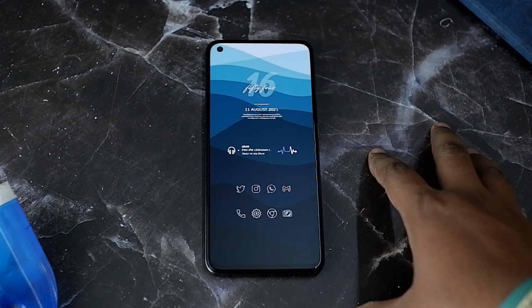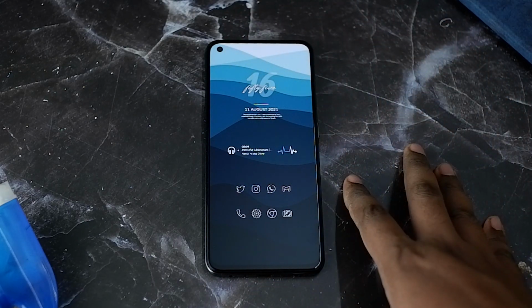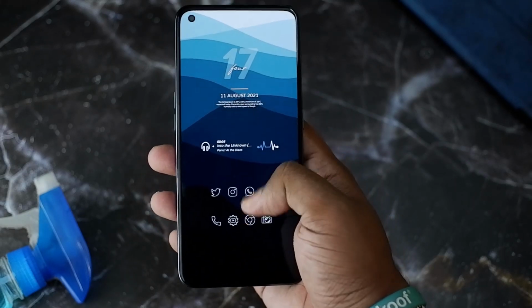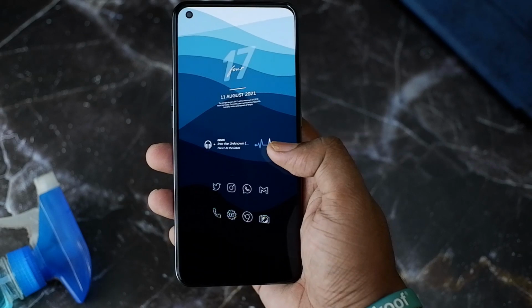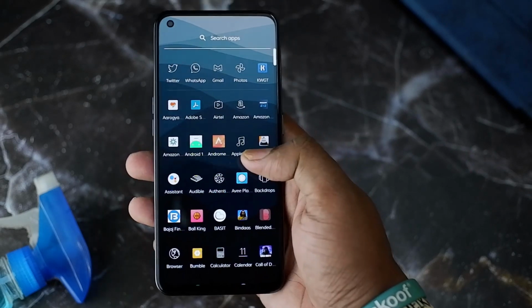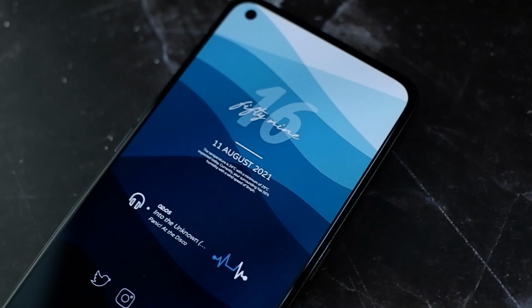The wallpaper that I have on my screen right now is from an icon pack called Delta, but I will provide the direct download link of the wallpaper in the description, so make sure to check that out. And I'll also leave the backup file for Nova Launcher so that it becomes easier for you to set up the grid and stuff. So as you can see, this setup looks really cool.